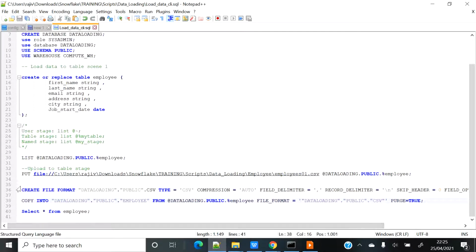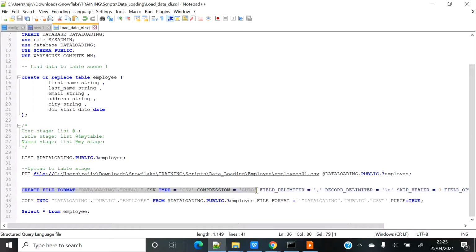So basically file format is simple. What you have seen on the UI side is basically to give a friendly name, the type, basically what the format of your file is. So my file was CSV. Compression I have kept auto. You can choose whatever compression you want.